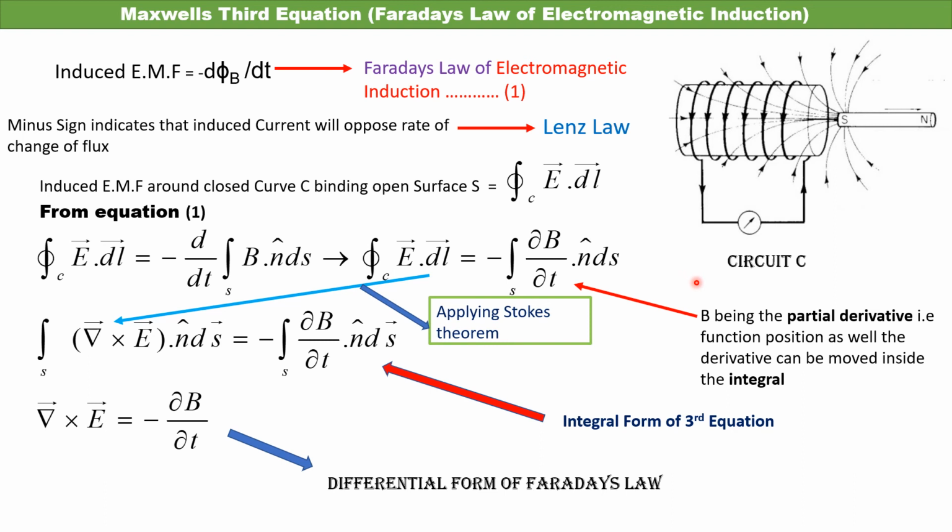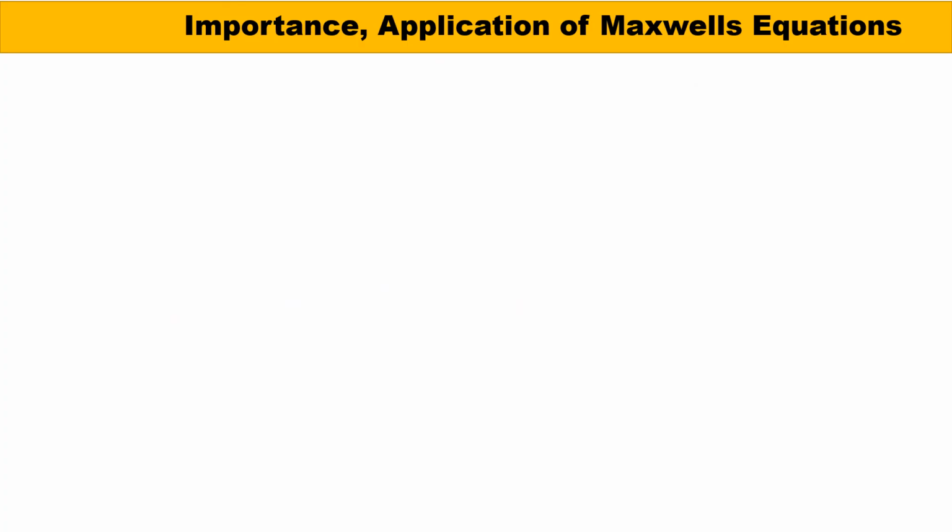Many circuit operations are based on it. So engineering students also can follow this third law. For them that is very important. Also Maxwell's fourth equation. So they can also remember the differential law, curl of E is equal to minus del B del t, and it comes from the induced EMF, from Faraday's law. I hope you have understood this.